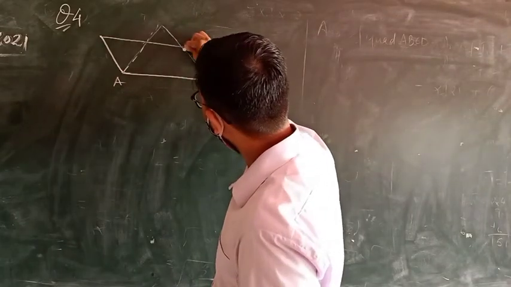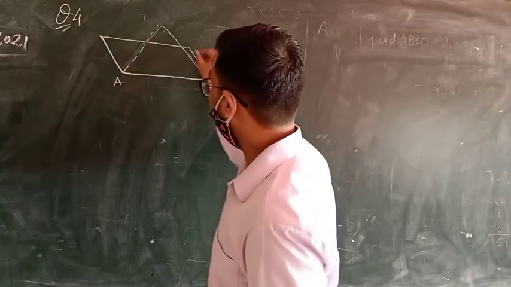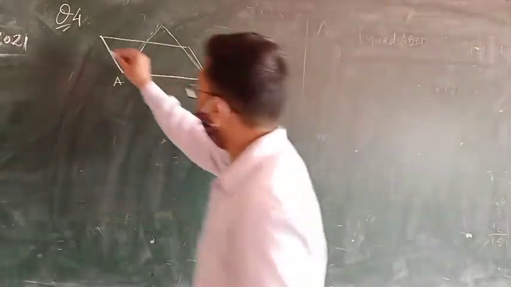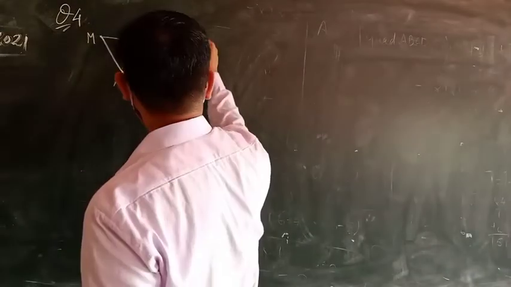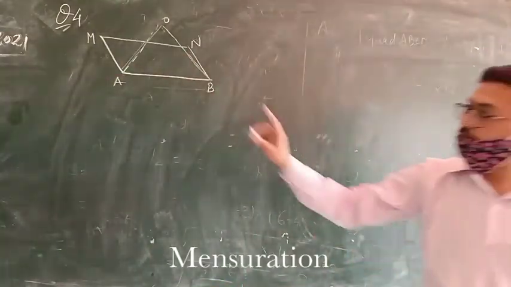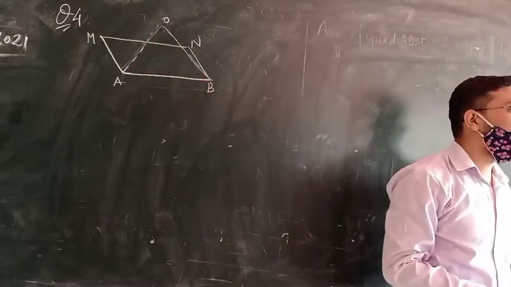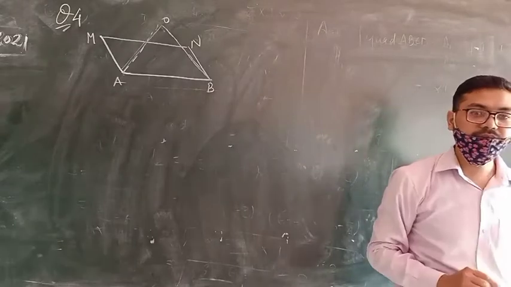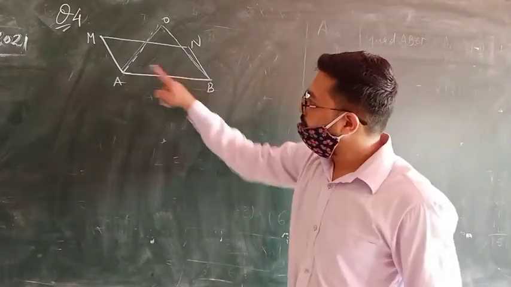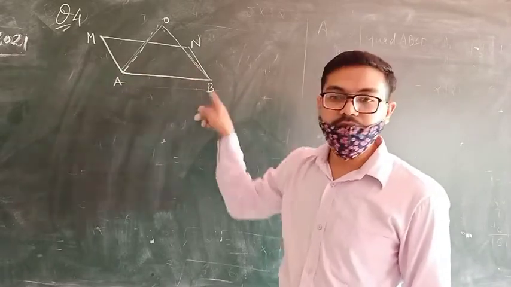Okay beta, this triangle has the same base AB and this parallelogram has the same base AB. Let's say these points are M, N and O. Any doubt? Beta, it is given in the question that you have one triangle and one parallelogram and both have the same base. दोनों का बेस सेम है, यानी कि AB पर ही आपका ट्रायंगल भी फॉर्म हो रखा है and AB पर ही आपका बेटा पैरेललोग्राम भी फॉर्म हो रखा है.